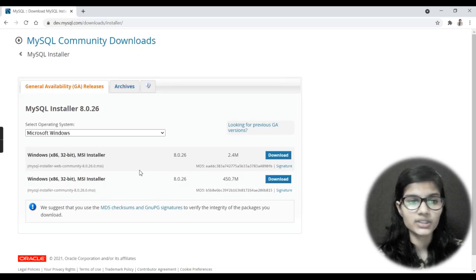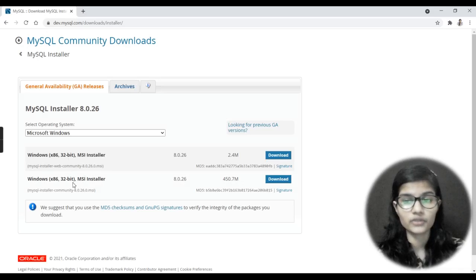Now here I'll be getting two options for downloading. First one is this Windows MSI installer, and second one is this Windows MSI installer. Both are actually the same. They both are for 32-bit, but if you are having a 64-bit machine as well, they work on it. It is no such issue that if 32-bit is written, it won't work on 64. Right. So what I would be doing here is clicking on this download one. Above I would not be downloading, because just see the numbers as well. Accordingly that will be chosen, and I'll be coming on this particular one.